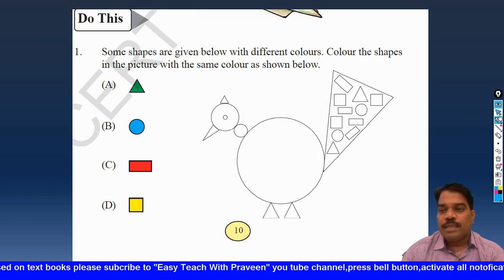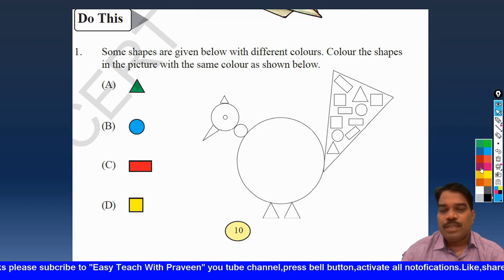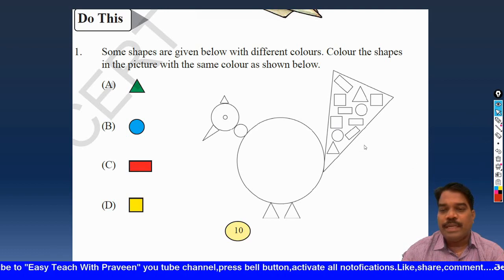యూ హ్యావ్ టు సెలెక్ట్ ద కలర్ ఫర్ ద రెక్టాంగిల్. విచ్ కలర్ ఫర్ ద రెక్టాంగిల్? ఇట్ ఈస్ రెడ్, ప్యూర్ రెడ్. So for rectangles, this is a rectangle and here the color is red and you have to take red